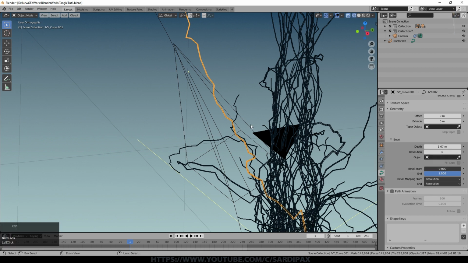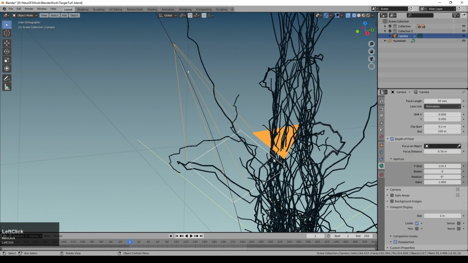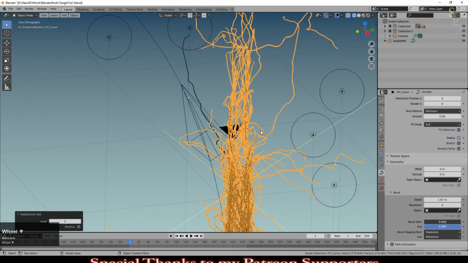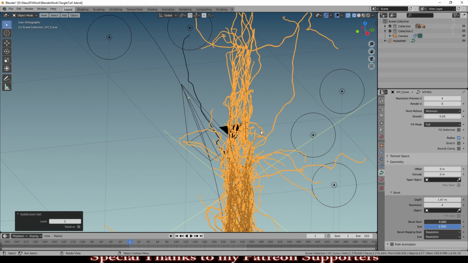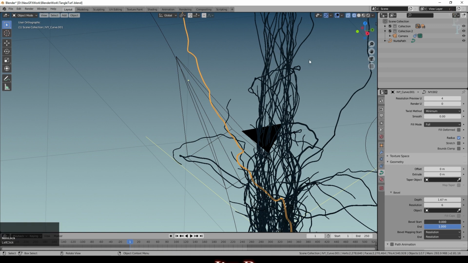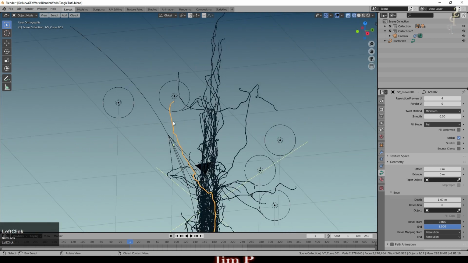What I also did was add a subdivision surface, so Ctrl 2, and you may have noticed that's smoothed it out. Now in this case, I could do that to the whole thing because there's not so many vertices. So I've now got just over 2 million vertices, but that's a lot less than I had in my main animation. So we've got a nice curve here all on its own.